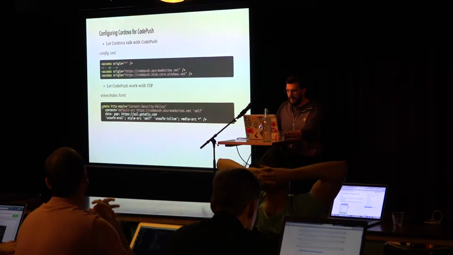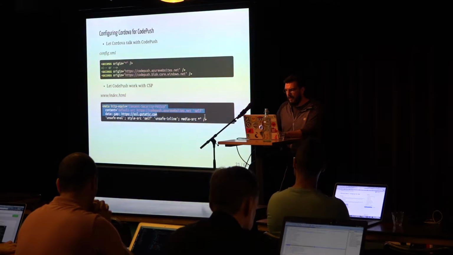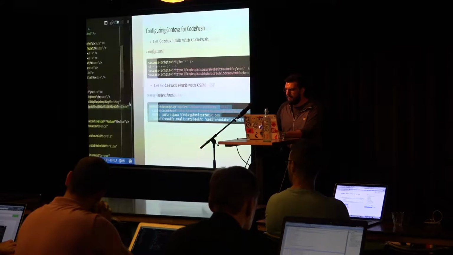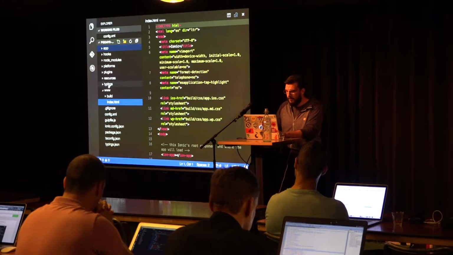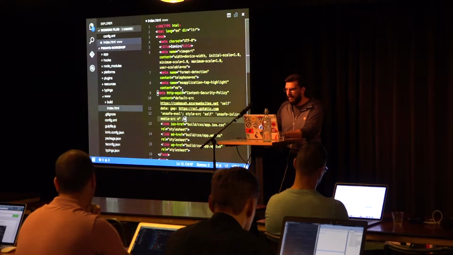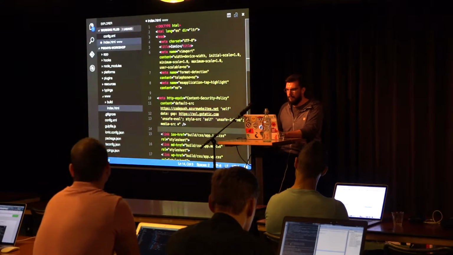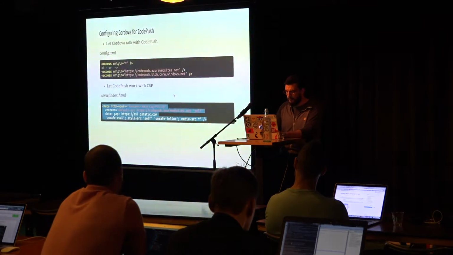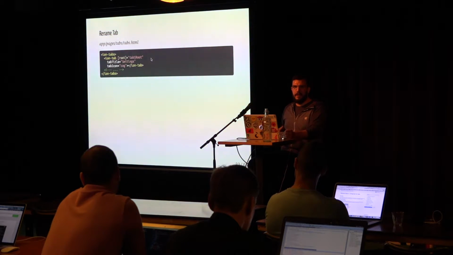And then one of the last things that we have to do is in the index.html, just adding this tag here, and this is just from the CodePush documentation. It's in the index.html under www. Just copy and paste this, and this just allows the content security policy to work with CodePush. And at this point, your application is now ready to start talking and integrating with the CodePush